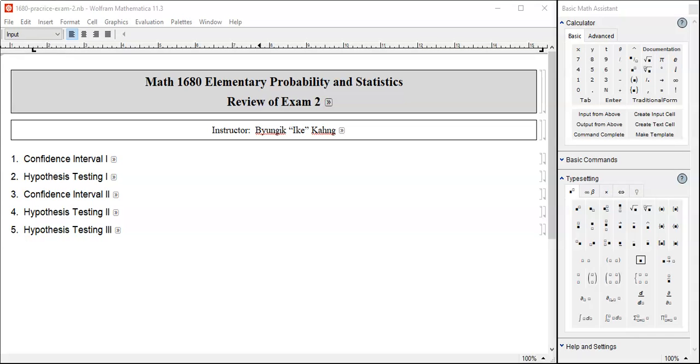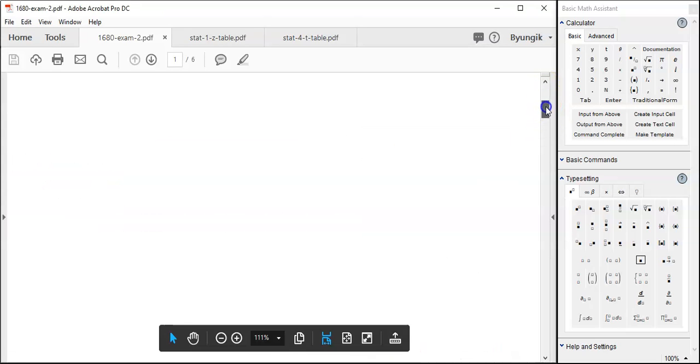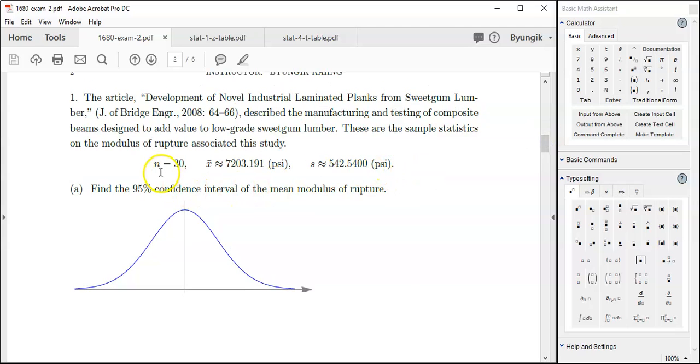Hello students, welcome back. Let's resume our problem set. And this is the original exam problem set I used several years ago. We just went through the first problem. This is a setting, sample statistics are kind of like these, and we just found out the 95% confidence interval